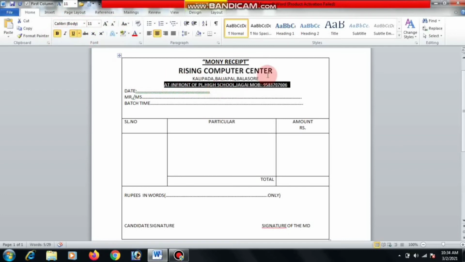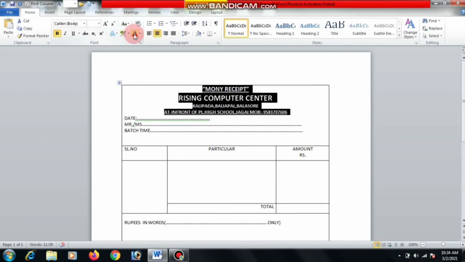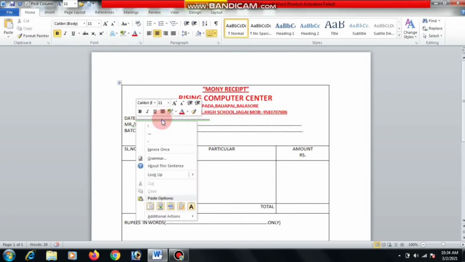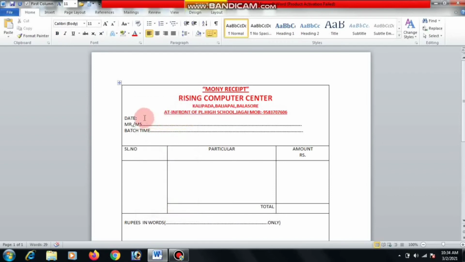Now we use the underline option and select and click on the bold option. Here we can select all data and give the text color. Now we press the enter key between each line.